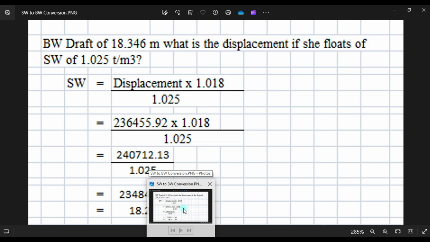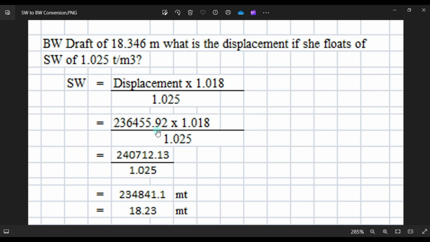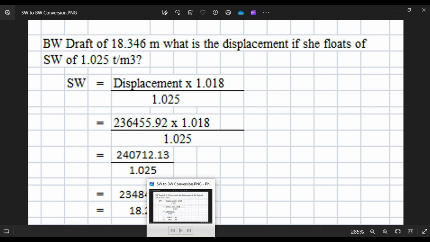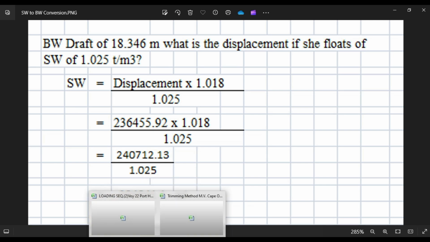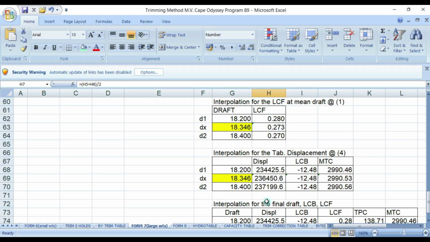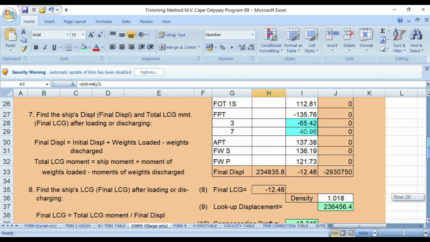We got here 23645.92. So this one is 23645.6, this one is 23645.92. Okay, small difference only. So we go back to the program.